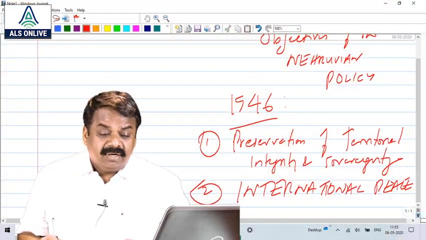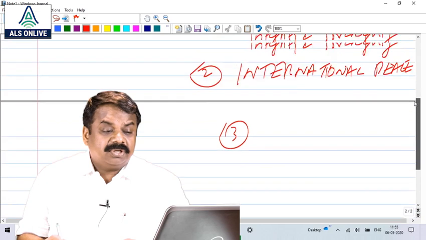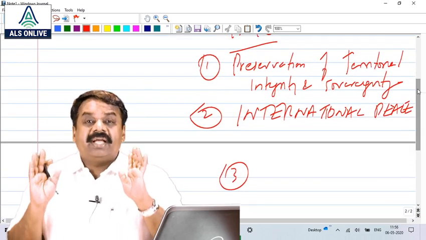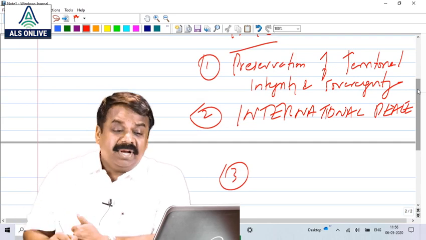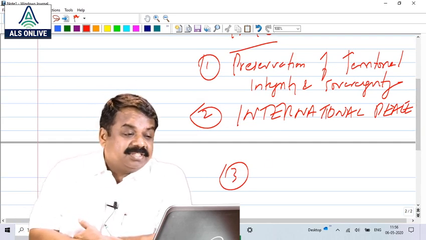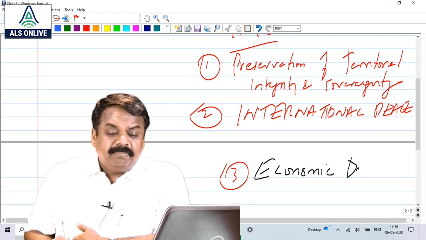And now coming to the third foreign policy objective. So, one is preservation of territorial integrity and sovereignty. Number 2, promotion of international peace. Third is economic development of the country. A very interesting aspect is economic development